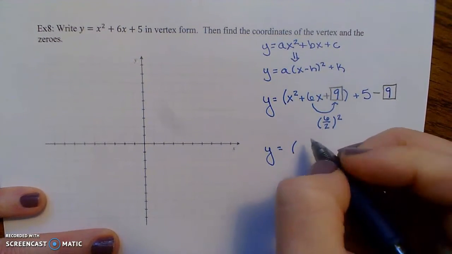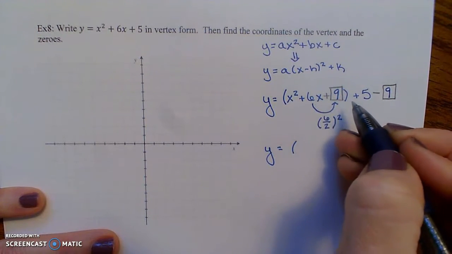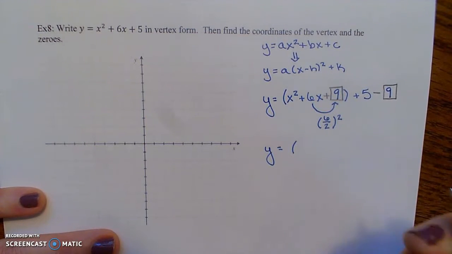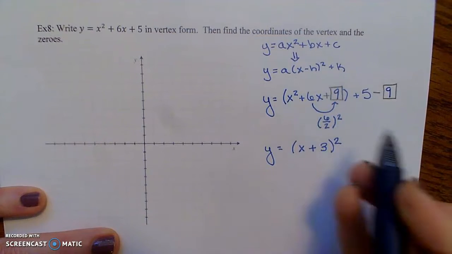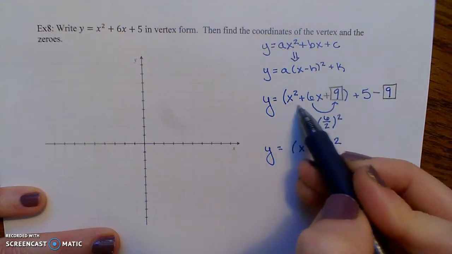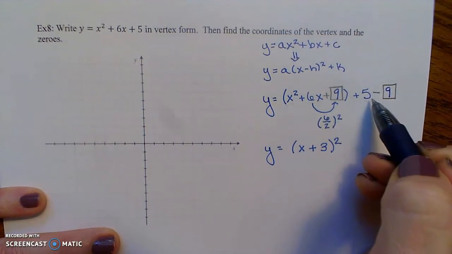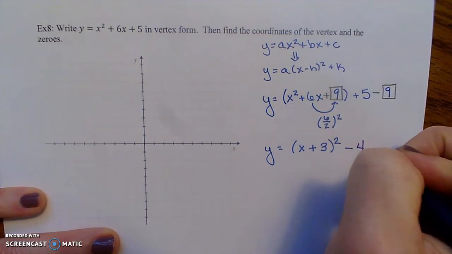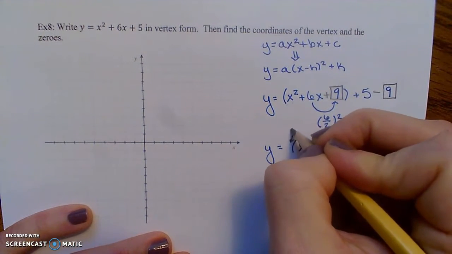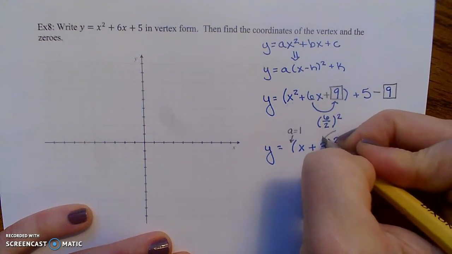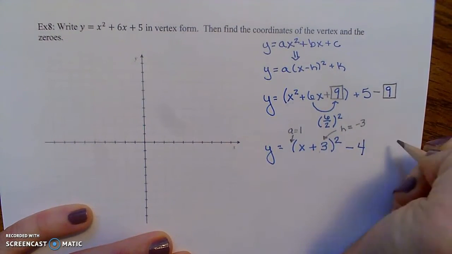This is going to factor like, well, what two numbers multiply to 9 and add to 6? Well, 3 and 3. So this becomes x plus 3 times x plus 3, or x plus 3 quantity squared. So that turns this whole expression in the parentheses into a perfect square. And then on the outside here, we got plus 5 minus 9, which is minus 4. So this tells us a is still 1, but now h is the opposite of this number, so it's negative 3. And k